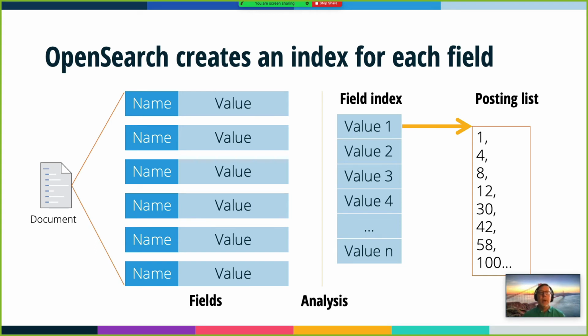I know I'm dwelling on this a bit, but this is really the core data structure that drives the search engine. This is how we support retrieval, by looking up values in the index and then performing set math on the posting lists. It's the core data structure and really the way to understand search. Whether you're using it for logs or as a search engine, this will come into play, both for performance and for understanding what you're matching and your relevance, all of those things.